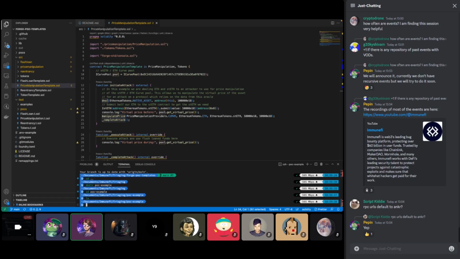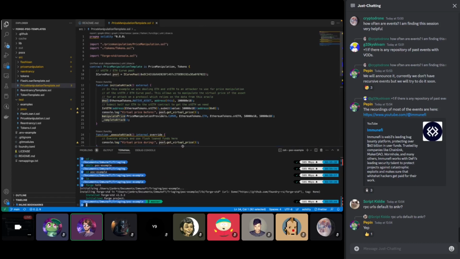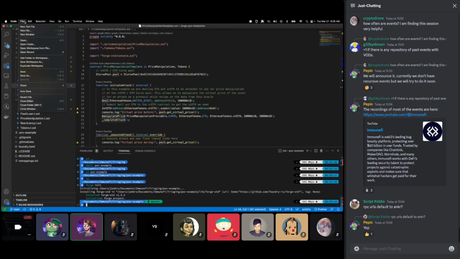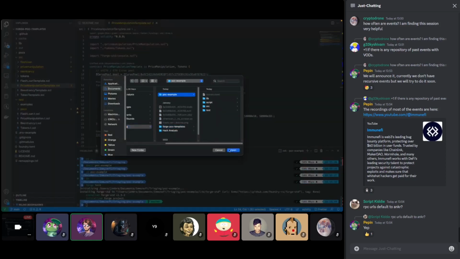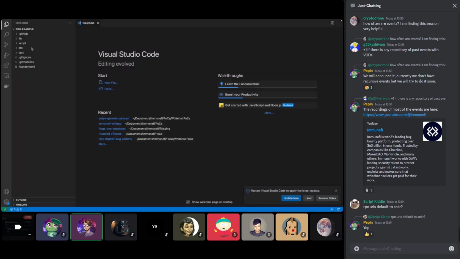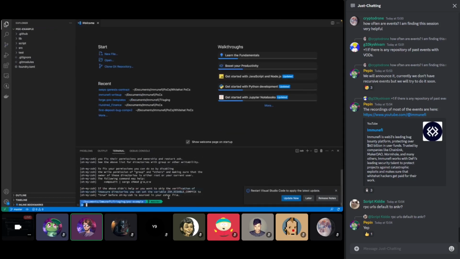Okay, so we have an empty directory. I'm going to run forge init, start a new Forge project. Let's go ahead and change over to that workspace, POC example. So right here we have a clean Forge project. And all you have to do to include the POC templates as a dependency is forge install, and then